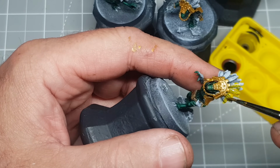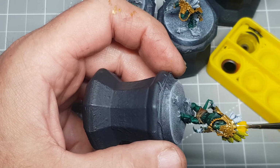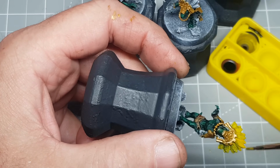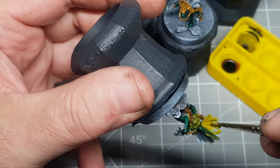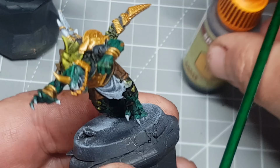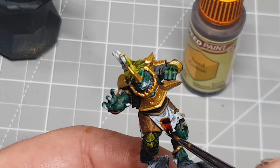I can really just get in and knock a batch of these out. Honestly, seven of these guys were done in about an hour, which for me is just ideal. So now I've got my son's team. Now it's a case of doing my team, and I'm torn between the usual orcs, some cool goblins, and also some giants out there. So I'm not too sure what team I'm going to have,